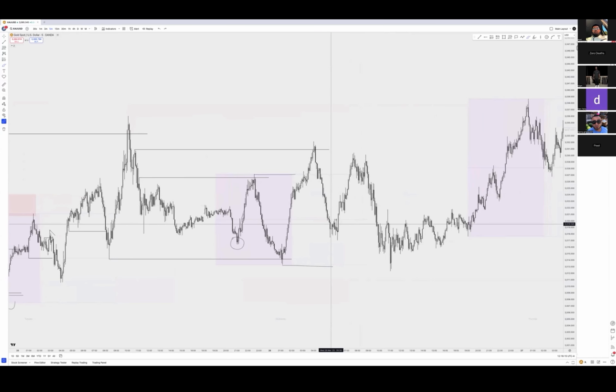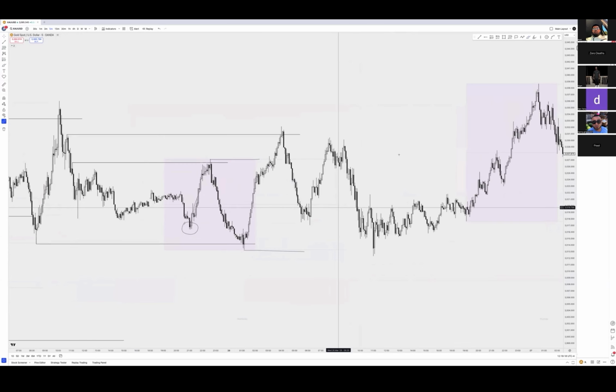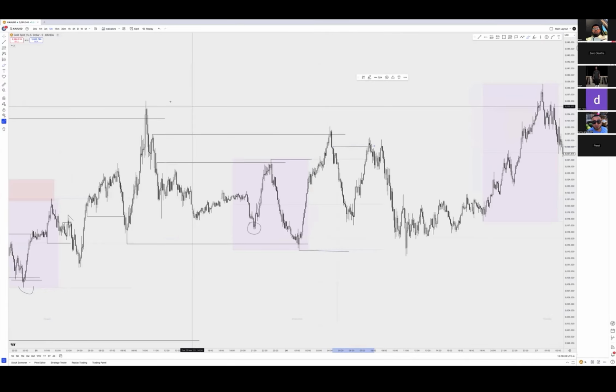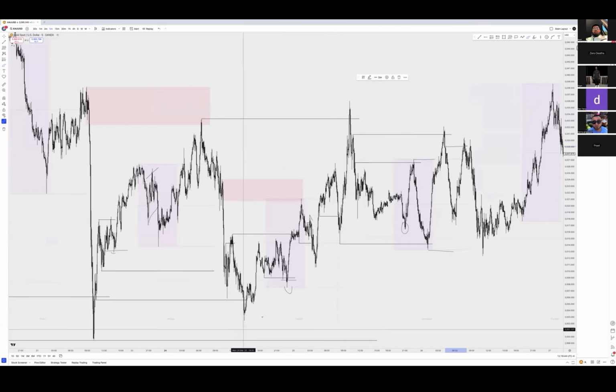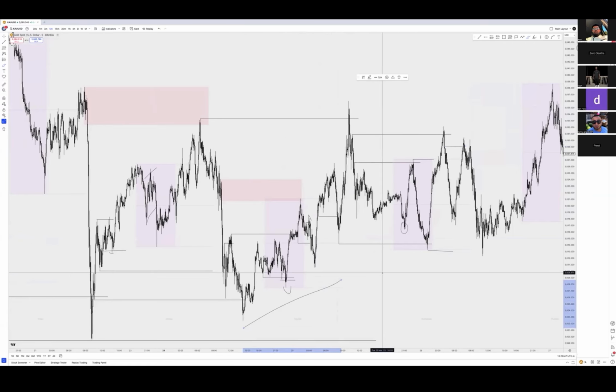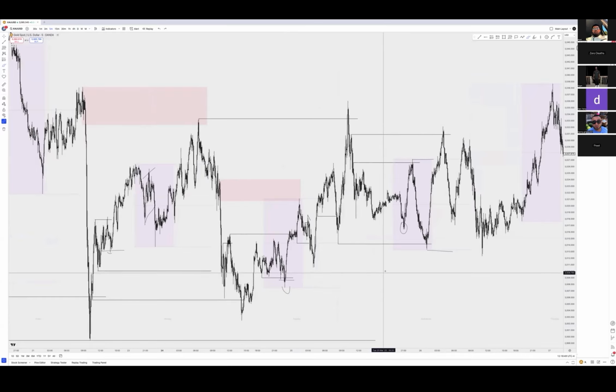And then you can see it taking out the lows over here. Doesn't move to the upside. You can see this as well. That happens. Unfortunately, nothing I would take in terms of entries. Starts moving to the upside, clears this liquidity right here. Okay. After it clears that liquidity, now you have to understand it's just building a ton of liquidity to the upside. We also got a ton of liquidity to the downside as well. Right. So it's just one of those days where you would have to sit out.